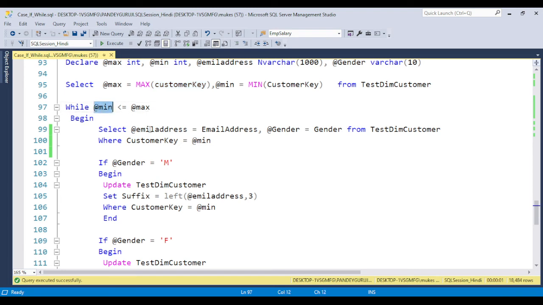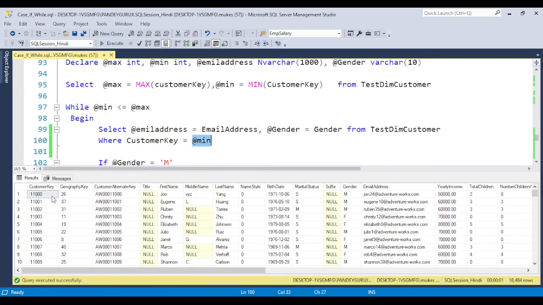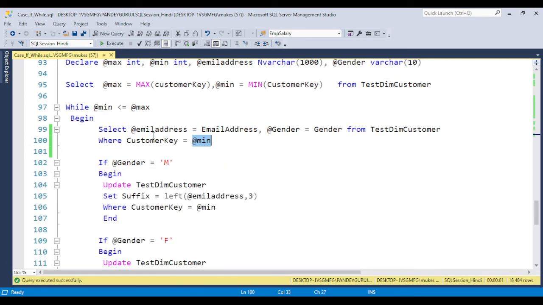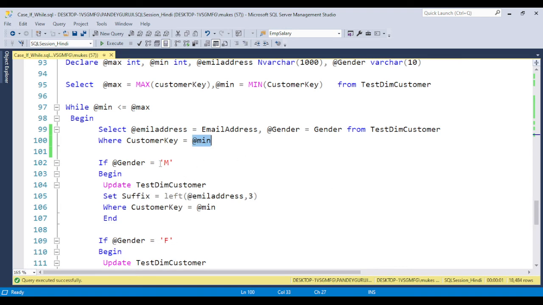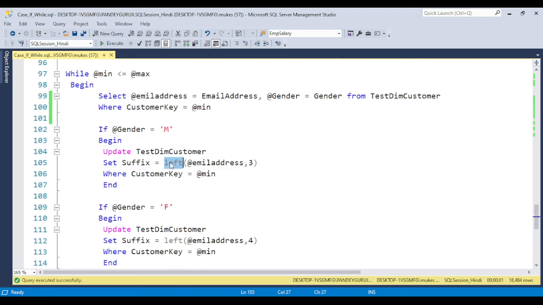So I take the email address, gender, and customer key equal to the first minimum value. The first value is 11,000, so we take the email address like john24 and the gender column, male. I'm checking: if gender is equal to M, then update the first 3 letters, as per the requirement, using the LEFT function.